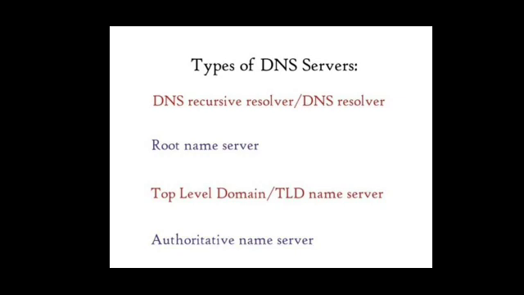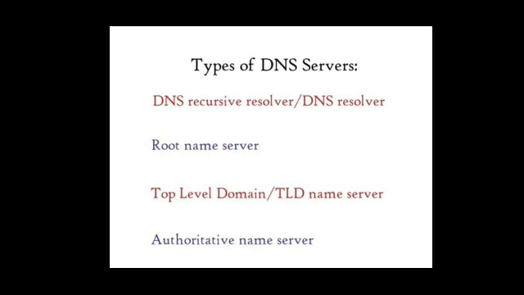Next you have the authoritative name server. Authoritative name servers are the servers that are maintained by the company. For example, google.com is maintained by Google. It contains the exact IP address of whatever web page or resource you are searching related to Google. You can only fetch the IP address finally when you reach the authoritative name server.